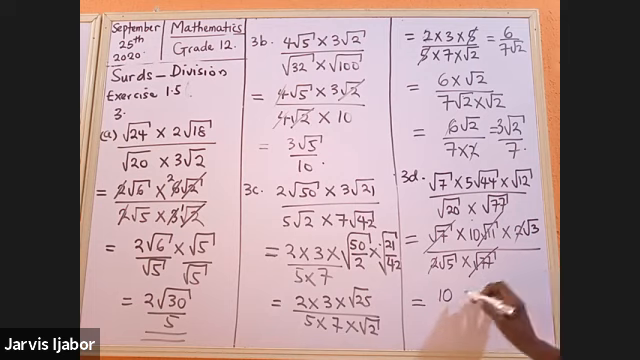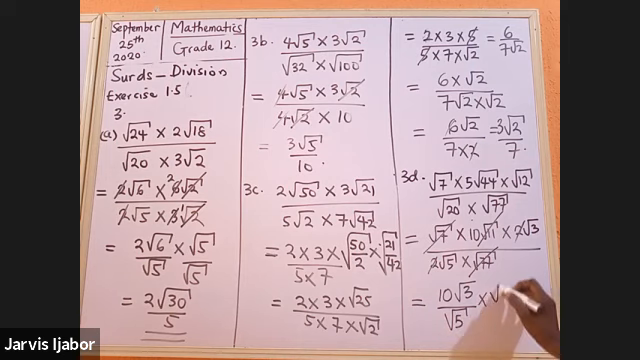So this will now be 10 root 3 divided by root 5. At this point, I'll multiply top and bottom by root 5. Are you seeing that? Which will now give me 10 root 15 over 5. This 5 goes here 1, this 5 goes here 2. And this will give me 2 root 15. So that's the answer for question 3D. So with that,